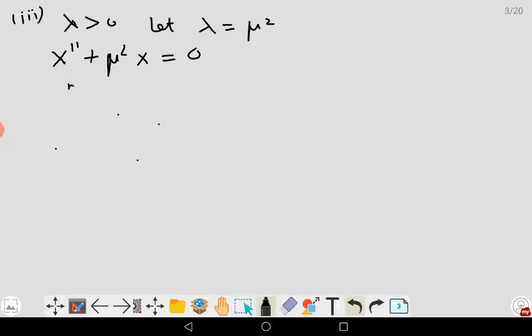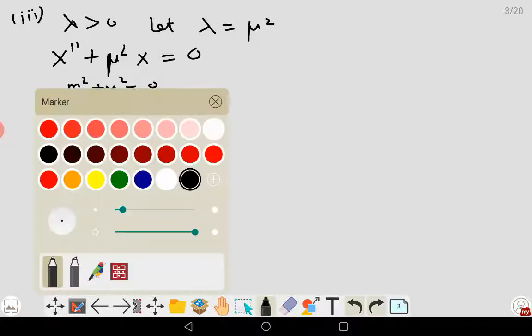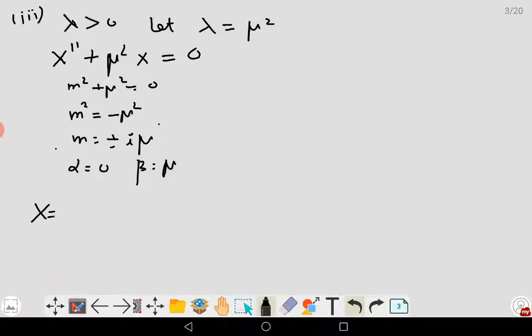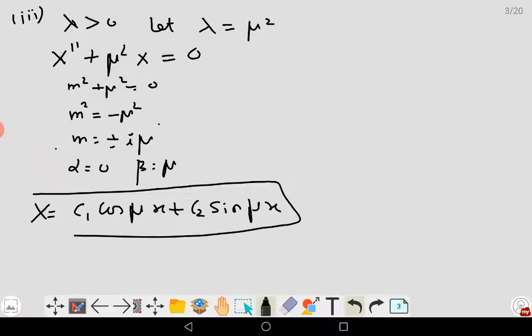The solution of this problem, you can assume m square plus mu square is 0, which is our auxiliary equation. So m square is minus mu square, m is plus or minus i mu. So alpha is 0, beta is mu. Therefore the solution x is c1 cosine mu x plus c2 sine mu x. This is the format of the solution of the differential equation. For x it is done, but for the second part,